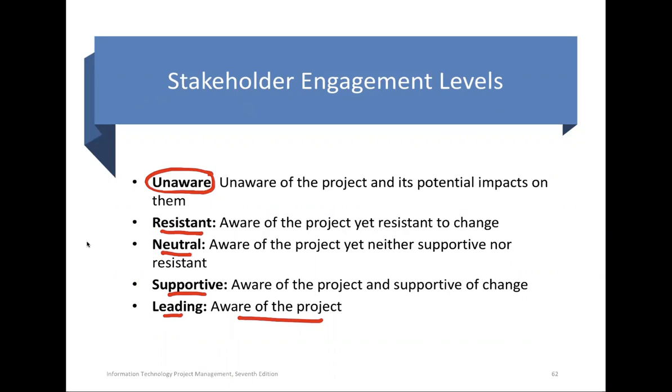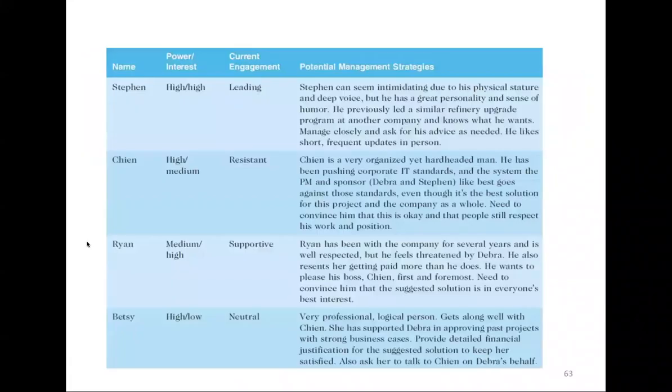So you can see here in the following table another classification of your stakeholders based on power and interest. This is a way of classifying them and their current engagement. You can see different classification methods of the stakeholders could be adopted in the same report. We can say Stephen, we know that he has high power and high interest,